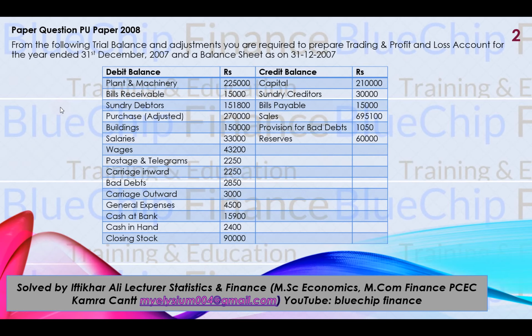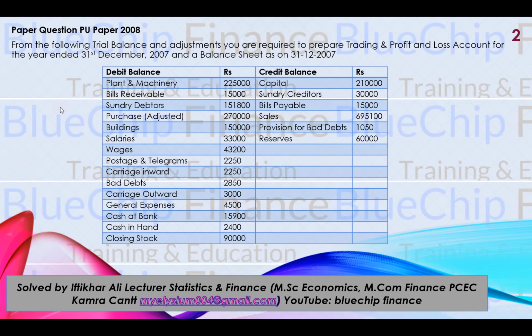If purchase return is given, we subtract purchase return out of purchases, and after that we add up all direct expenditures including wages or some sort of fuel or carriage inward. And in the credit side we normally treat closing stock if it is given in the adjustment, and we include